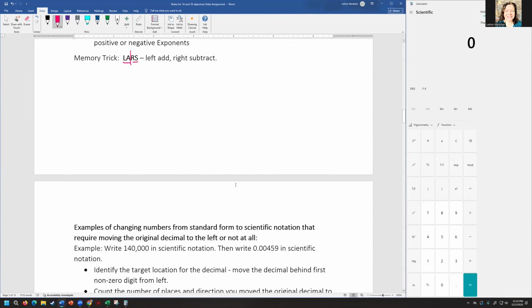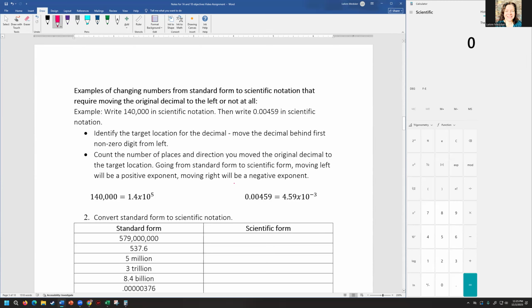Okay, so we're going to do some practice. So first one is one that's, we've got a couple that are written out up here, and then we're going to do this whole little chart down here at the bottom. So it says examples of changing numbers from standard form to scientific notation that require moving the original decimal to the left or not at all. It says left, but it also could be to the right. So we have write 140,000 in scientific notation, and then we're going to write